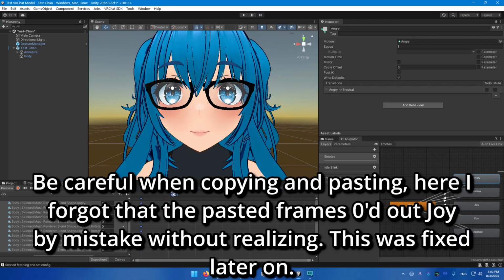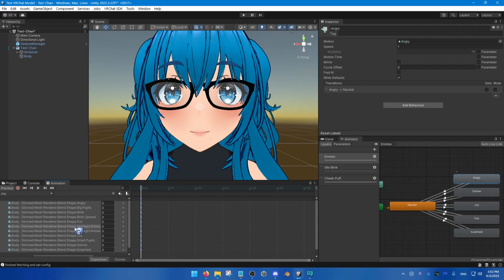So that way, when joy is occurring, it's going to zero out the blink blend shapes. Blend shape keys, so much conflict with that word. So there you go. Now, again, keep in mind that depending on how many blend shapes you want to use, especially for your blink and then per emote, make sure that every blink blend shape is registered